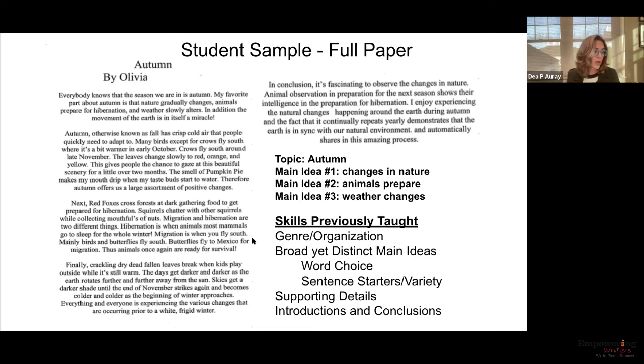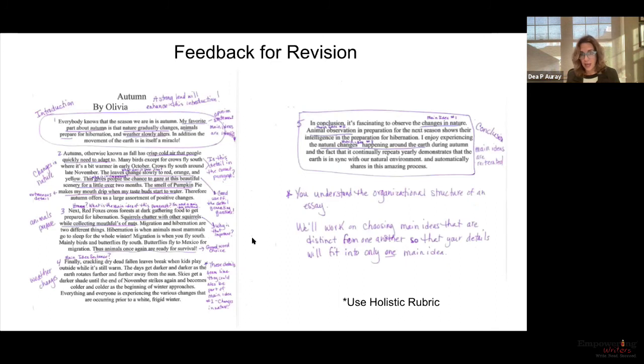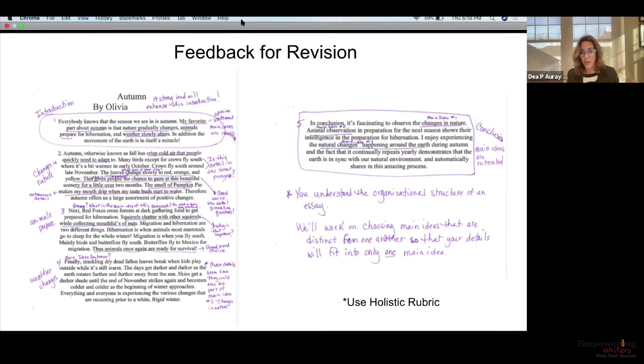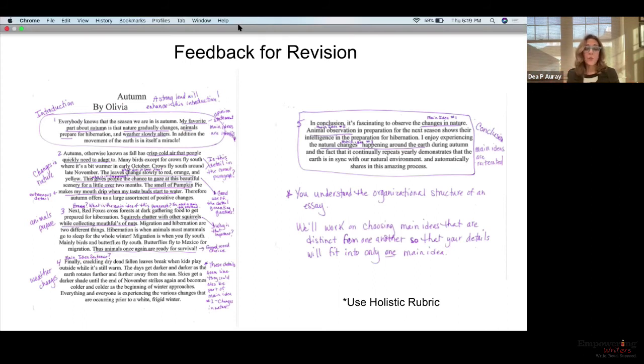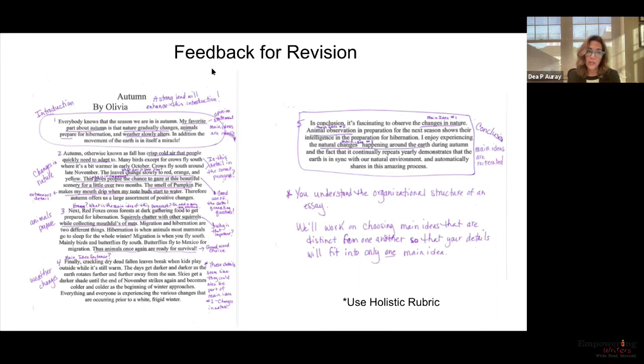We're going to show you what we do with this next. Basically, we would look at this particular piece, because it is a full piece, through the use of a holistic rubric. That's a rubric that looks at the paper as a whole. That's one way to look at it. The other way, in the authors group revision, what we would do, and then, I'm sorry, Carla also added she would reorganize it a bit and then look at some word choice. We agree with you on that.